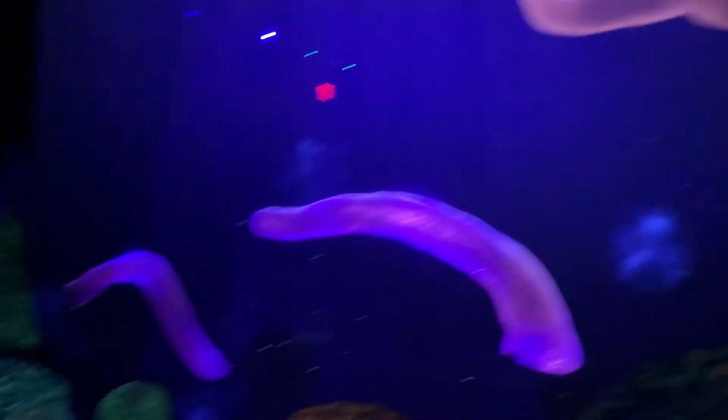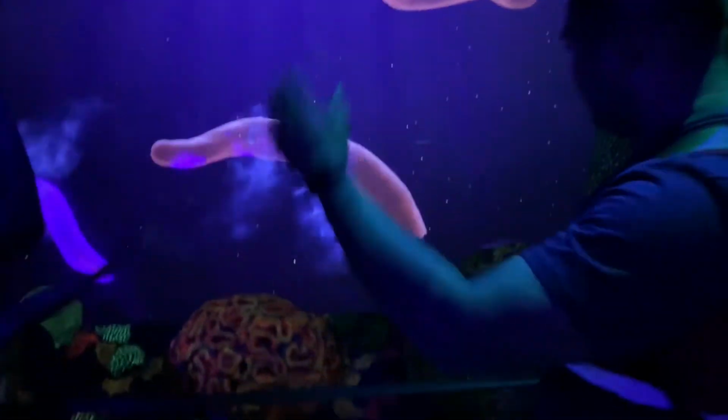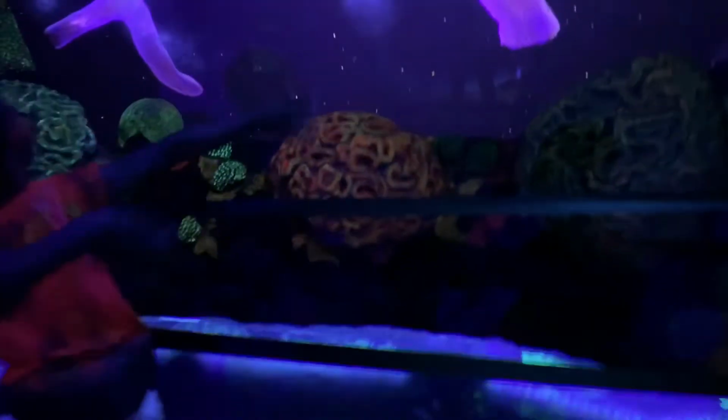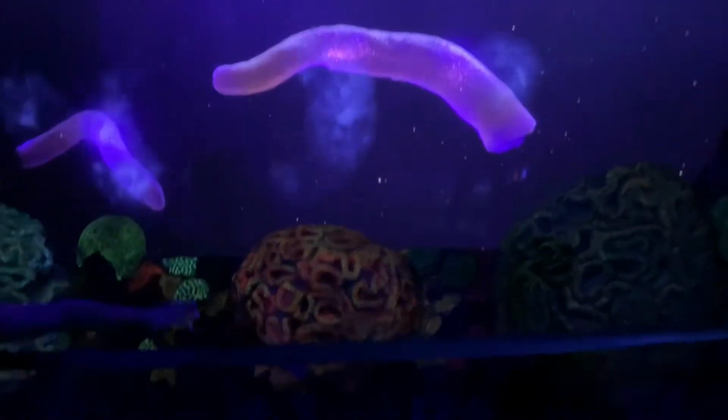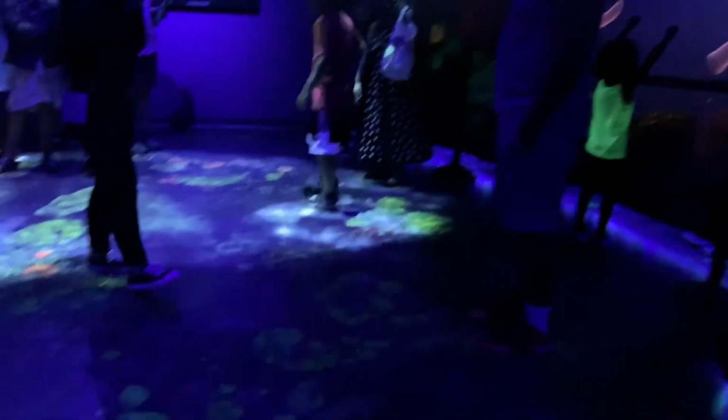I also strongly encourage you all to touch the corals while you're here because you absolutely do not ever want to touch corals in the wild. If you touch corals in the wild, they can scrape you or sting you, so it's not going to be fun for you. But also because of the oils in our hands, if you touch that coral,